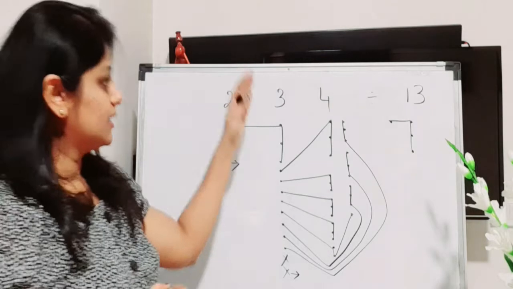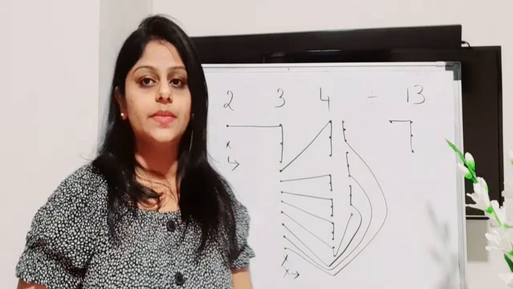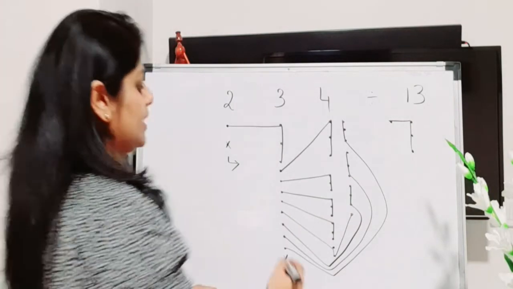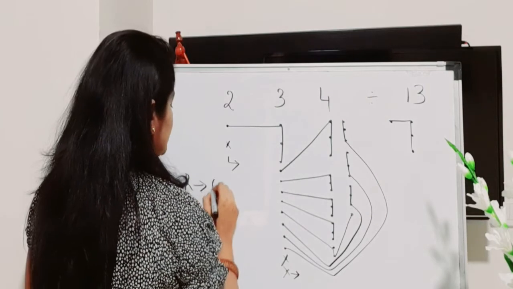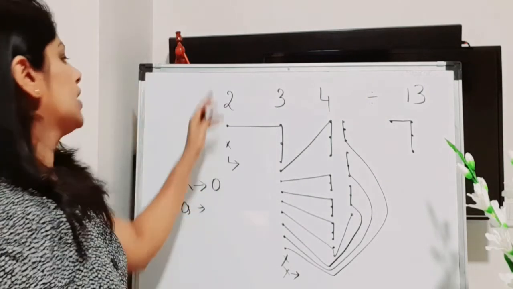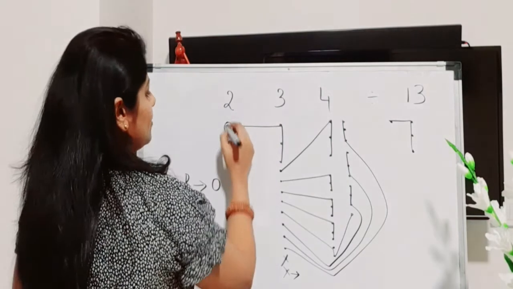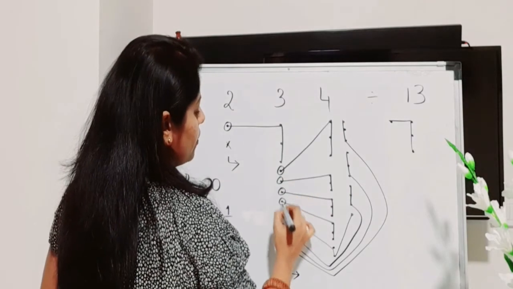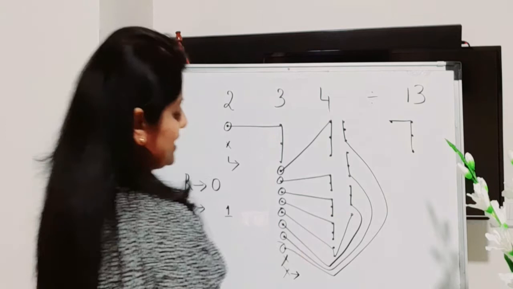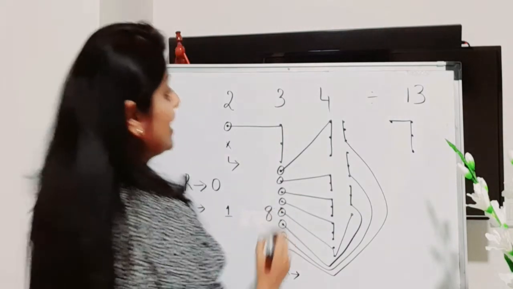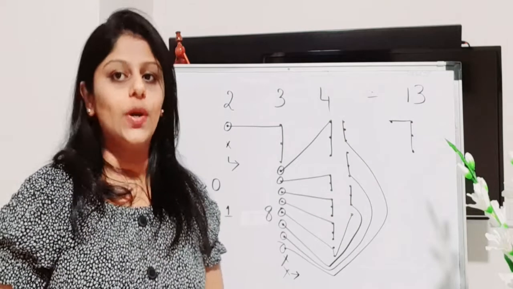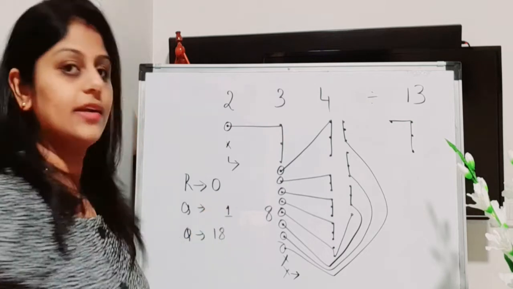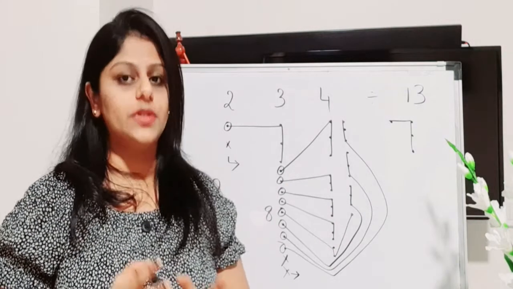So now you can see second column all the dots have been completed, and third column also we don't have any dots remaining. So no dots remaining means what? Our remainder is what? Yes, our remainder is 0. And what about our quotient? Yes, for quotient you have to count the number of beginnings. So in the first column we have only 1 beginning. In the second column we have 1, 2, 3, 4, 5, 6, 7, 8 beginnings we have. So this is 8, and in the third column do we have any new beginnings? No. Therefore our quotient for this is, quotient is what? 18.